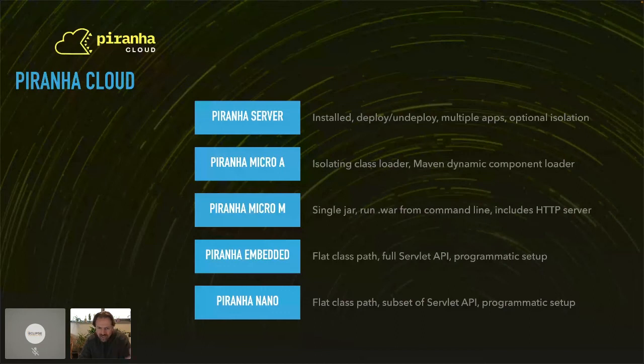And this one has an isolating class loader and a so-called Maven dynamic component loader. So this sounds fancy, but it means that it doesn't include all the libraries that make up Piranha Micro, things like Soteria or Mojarra. But it just loads those things dynamically via Maven. And Maven can have them installed on the local M2, so then it's just loaded locally, or it can come from the network or a private repo or what have you.